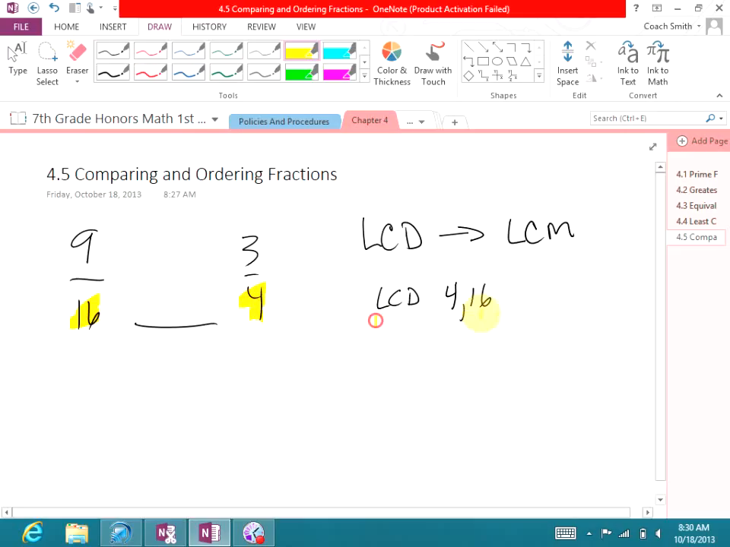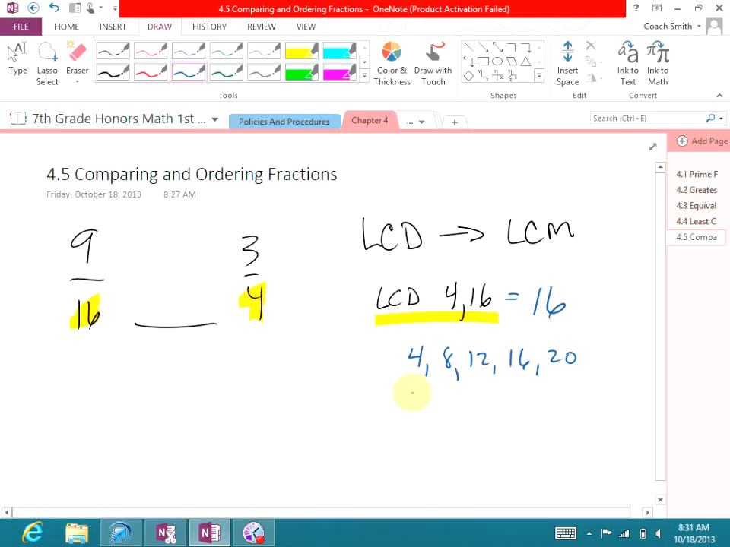So, our LCD of 4 and 16 is equal to what? 4? No. Remember, least common multiple. Okay, stop. So, I want you to count by 4s and tell me when you get to 16. It's 16. The reason it is 16 is because if you count by 4s and you count by 16,